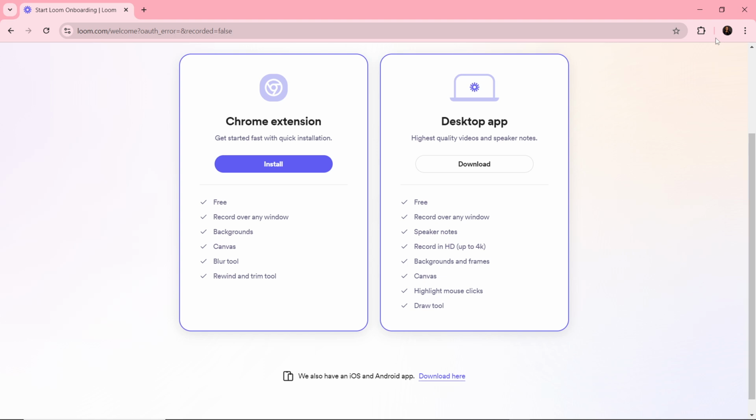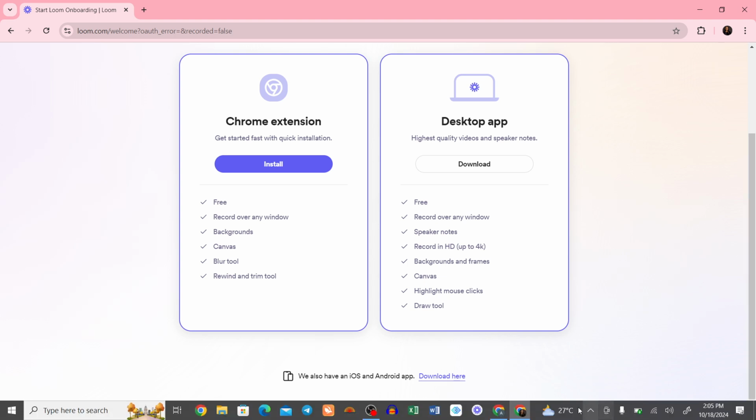Then follow the on-screen instructions to complete the installation. Now, when Loom is installed and launched, you will be prompted to either sign in or create a new account. But since you've already created your account, just go ahead and launch your Loom account from there. So you may not be prompted to do that since your account has already been created. Now, after signing in, Loom may ask for permissions. That's once it has been downloaded successfully and you